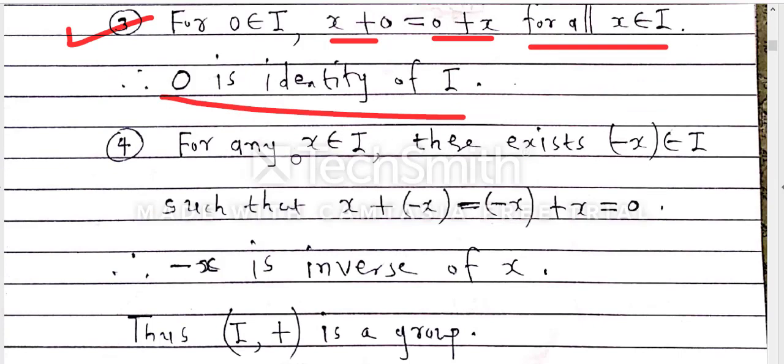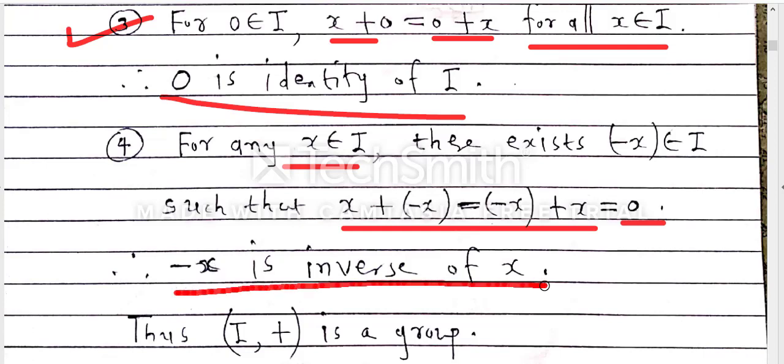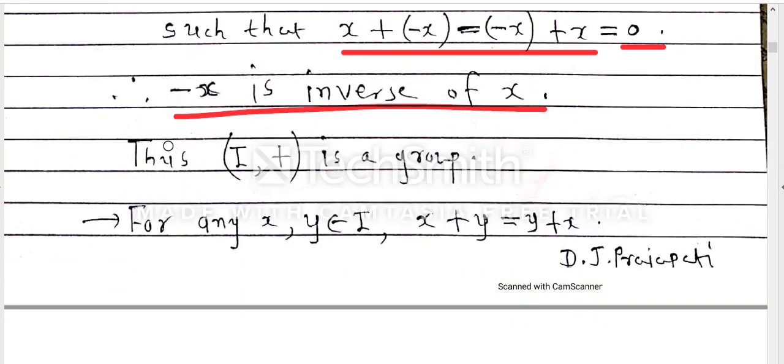What about inverse element? This also we had already discussed. If we consider any element of the set of integers, and if we add the negative of that element to the given element, then we obtain the identity element. Here 0 is the identity. So x plus minus x is 0, that means minus x is the inverse of x, and x is an arbitrary element here. So every element of Z has an inverse in Z. This shows that the set of integers with addition is a group.